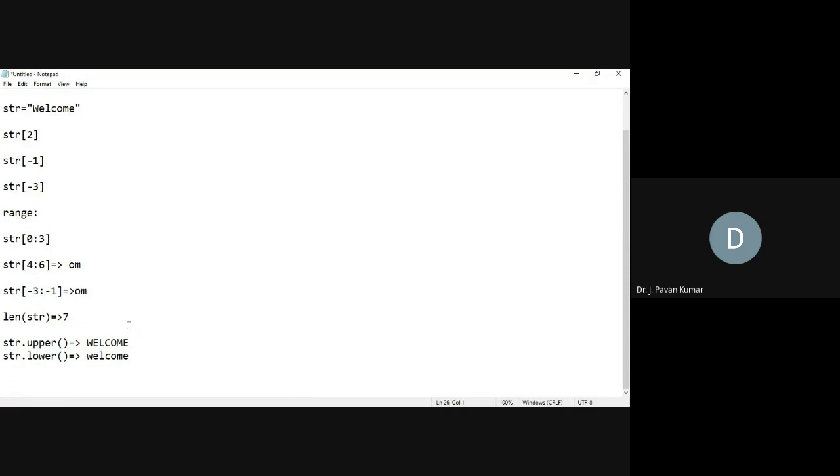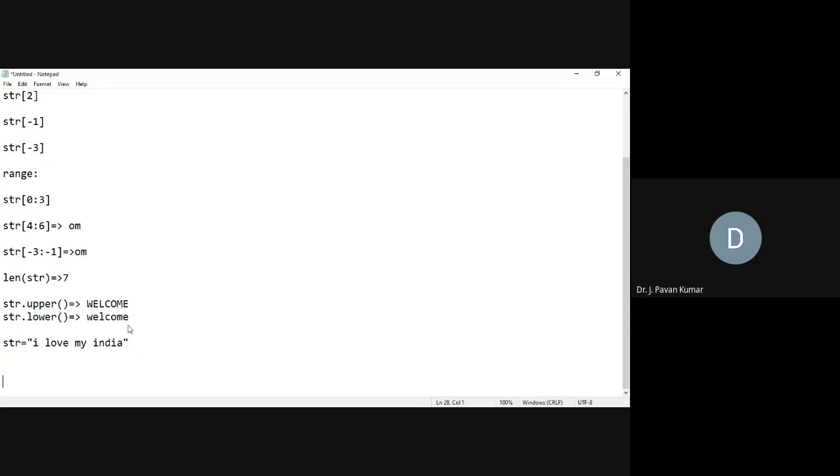Next, we are having one interesting thing. Let us say one string is there, str equal to, okay, this is the string. We wanted to make this particular string into different words. How many words are we having in this string? 4 words.